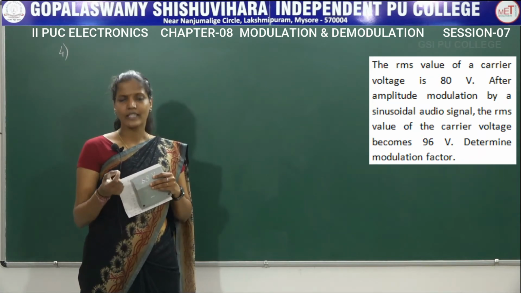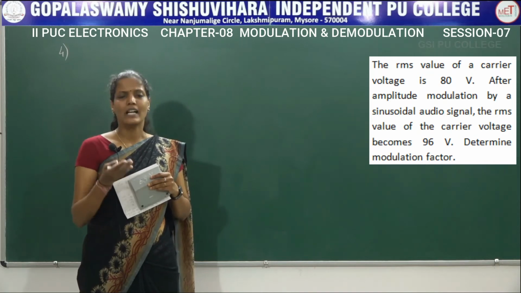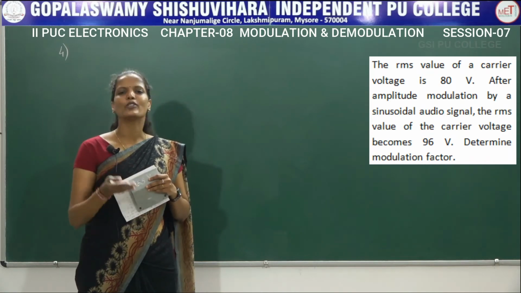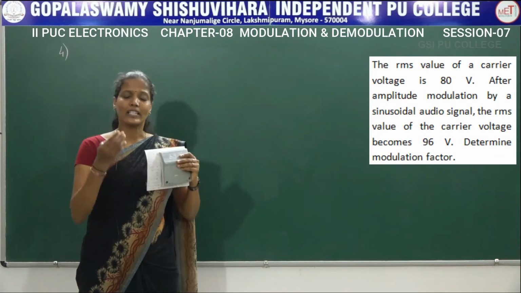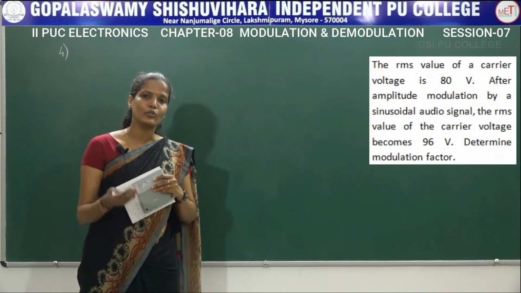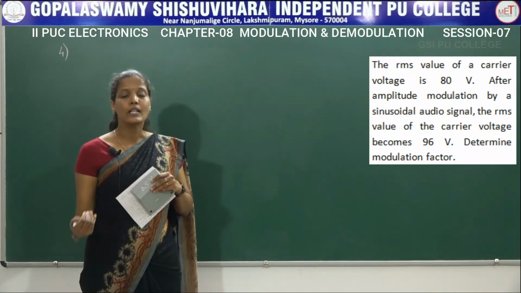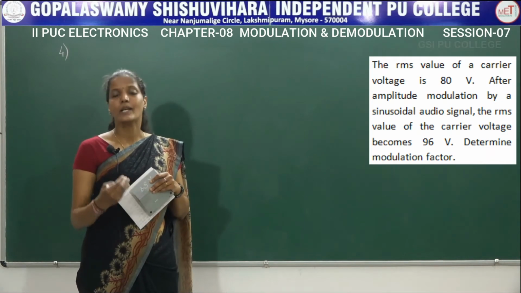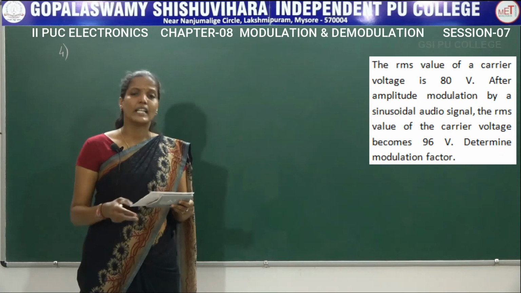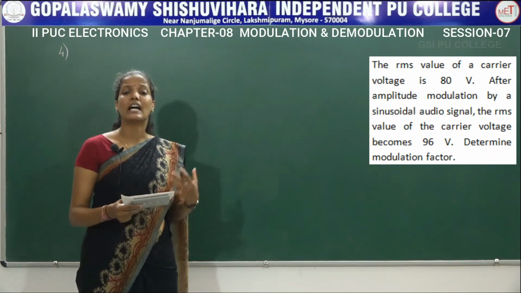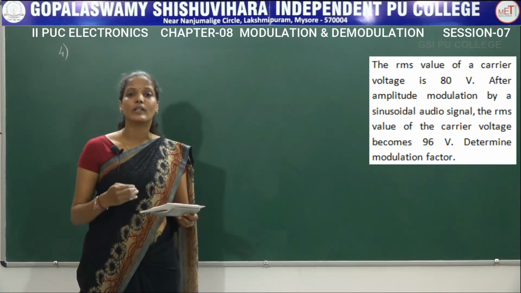while deriving it, we considered VC and VT, that is nothing but amplitudes, and those amplitudes were the RMS values. But well, we have to convert that RMS value to the peak values, and only then were we getting the final formula, that is PT equals PC of 1 plus MA square by 2. But here in this problem they have given us the RMS value, but you have to consider the peak value and then solve the problem.